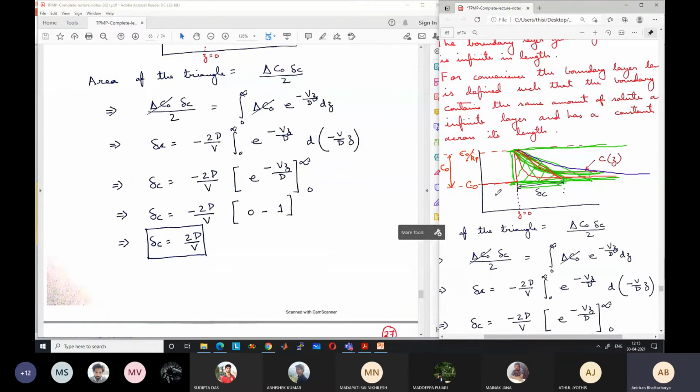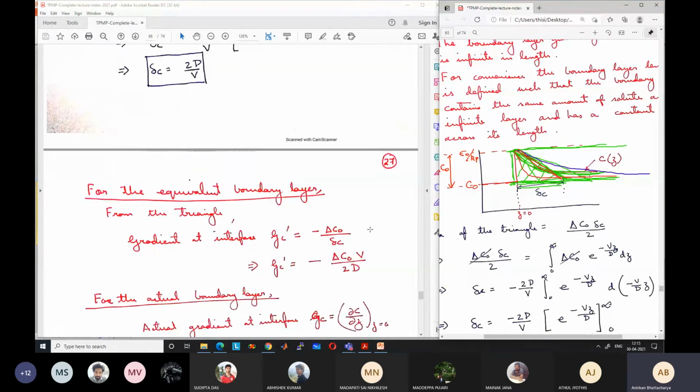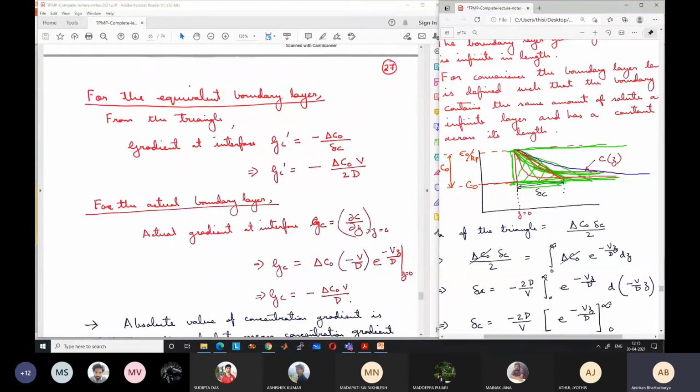So just one final point before we conclude this part and go into the final process. For the equivalent boundary layer, what is the gradient at the interface? The gradient at the interface is not equal to the actual gradient that is obtained for the infinite boundary layer. So if I consider the triangle, I have drawn so many things here that it looks very bad. Let me show you here. If I consider this triangle,